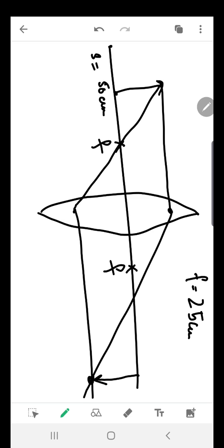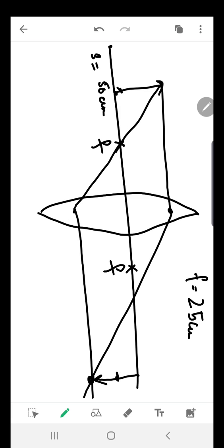From this particular picture, one thing you can say is that the image formed and the object size are almost the same. It looks like the same, even though it is not perfectly scaled, and I'm not using a ruler or anything, but still you will get an idea about the magnification when you draw a diagram. Let's solve it so that we know